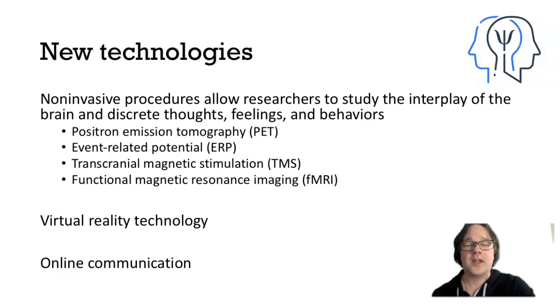So the fMRI and the PET scan are similar in that they're called metabolic imaging. They allow us to see metabolic processes. In other words, what parts of the body are consuming. In the PET scan, sugar. In the fMRI, oxygen, right? So